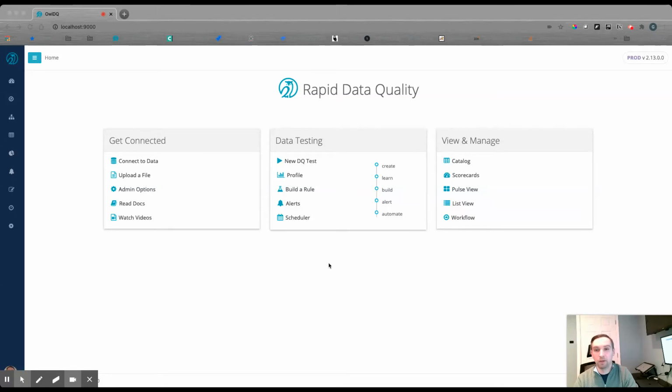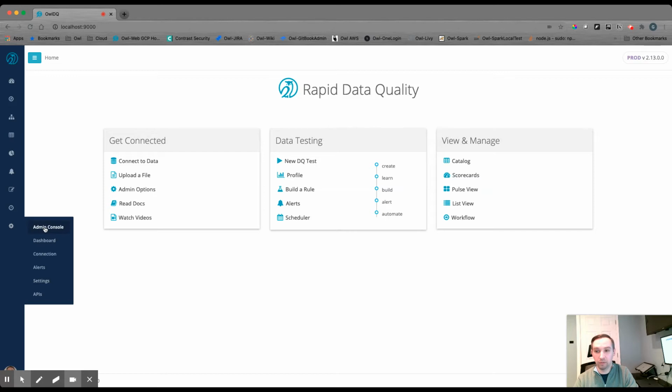Hi everyone. Today we're going to talk about the important concept of permissions inside of OWL. And specifically, we're going to talk about access to a data set that's been scanned inside of OWL and how we do that dynamically. So the first thing I'm going to do is jump over to my admin console by